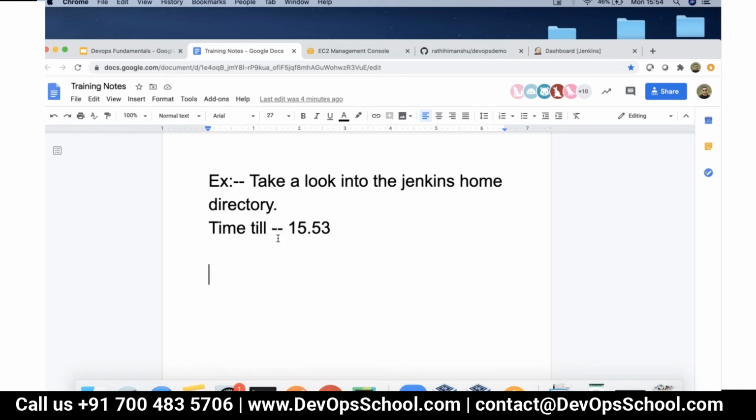After the break, I'm going to talk about a lot of Jenkins features, about plugins, and how plugin management works. We'll talk about how Jenkins integrates with source code management as well, and how we can do triggered builds, so that when you make a commit into GitHub, a build can be triggered automatically.